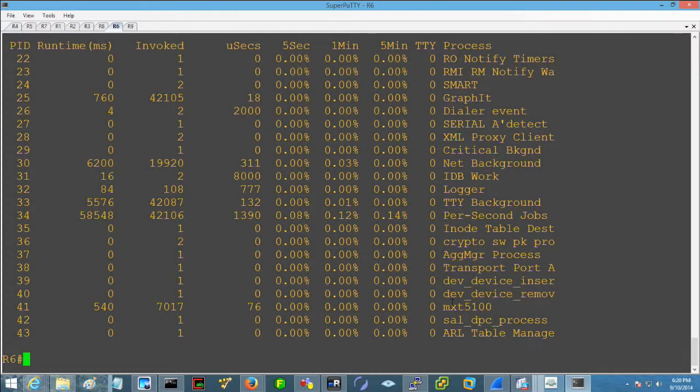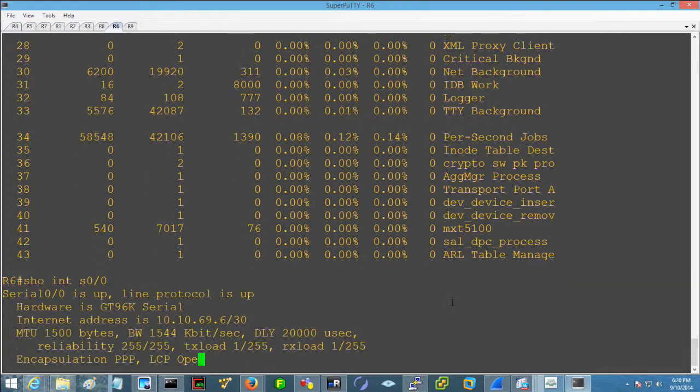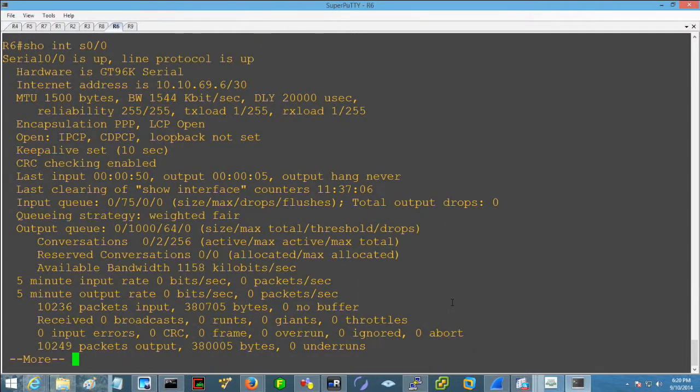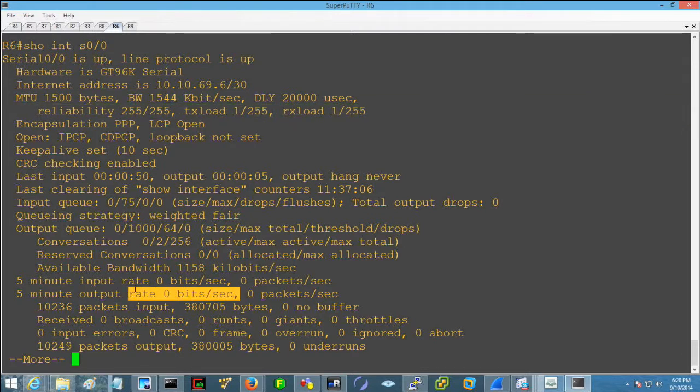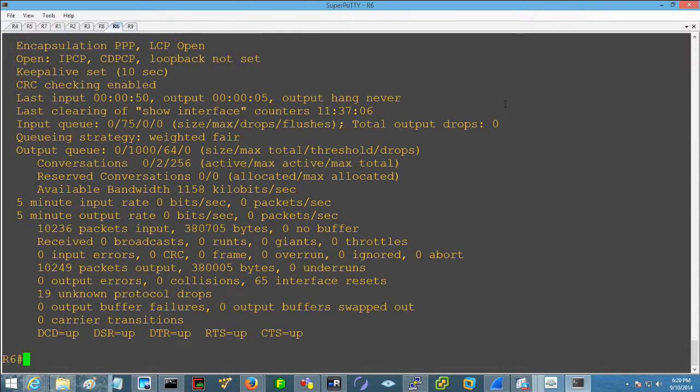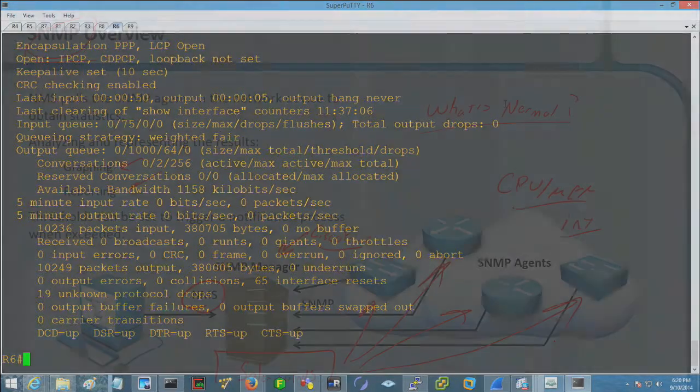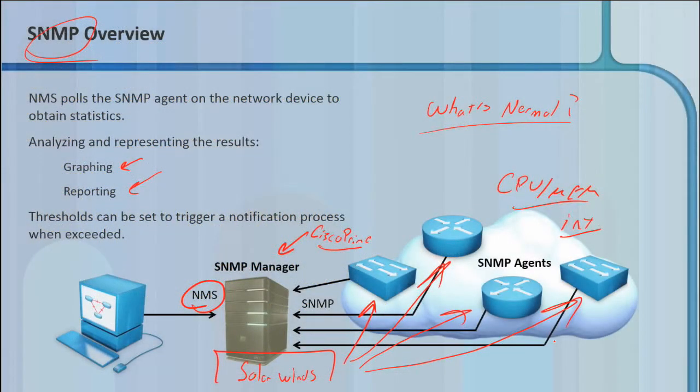If I look at my interface, I can say show interface serial 0/0, and I can look here and I can see things like my transmit and receive load, but what's it really doing? I mean, what's going on? It's got a 5-minute input rate, a 5-minute output rate, but what was going on 15 minutes ago? What went on a half hour ago? You don't really see those things from the CLI. From a graphing tool, we can look at this historically, which is much, much nicer and fantastic for creating reports